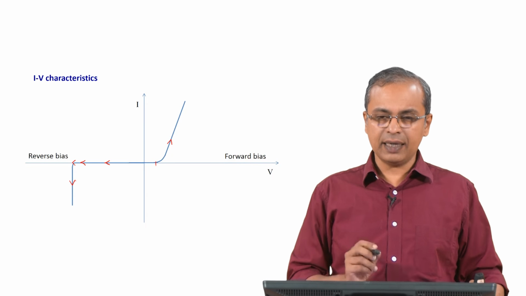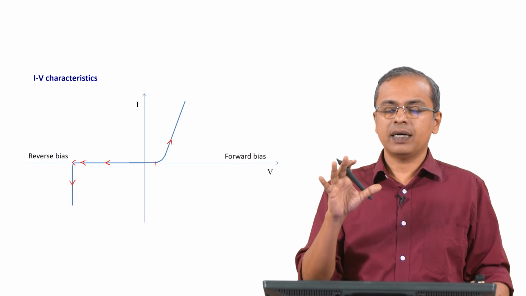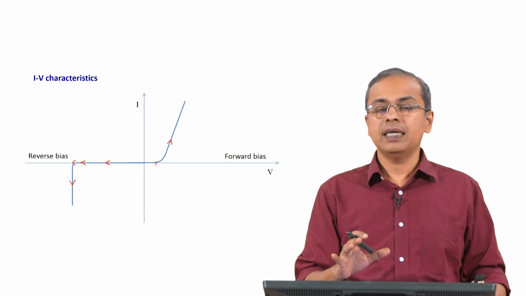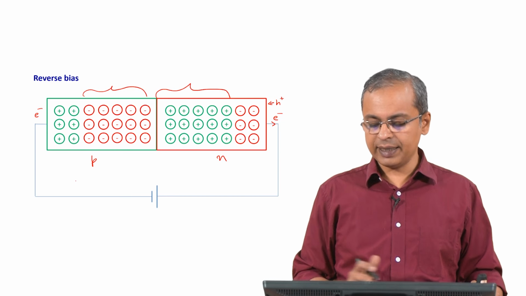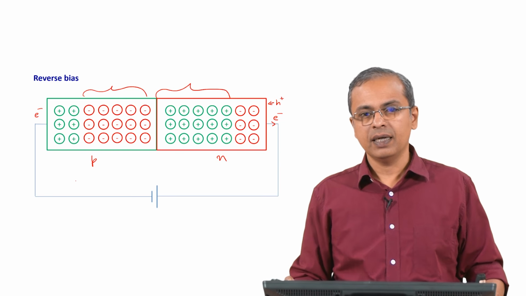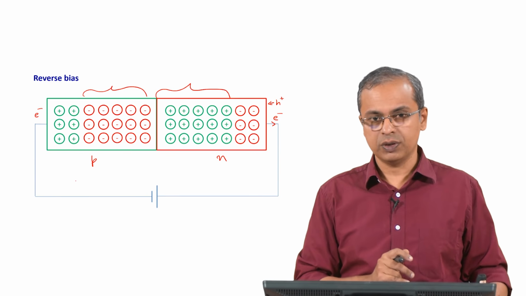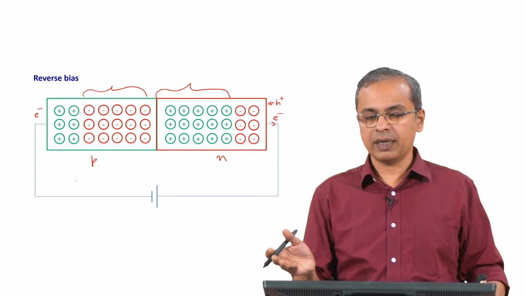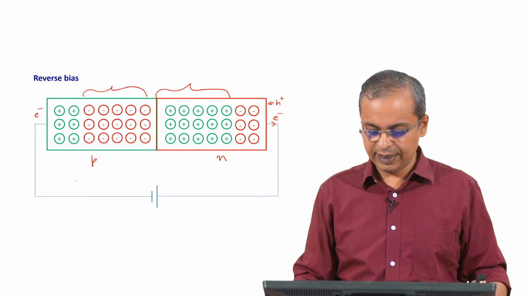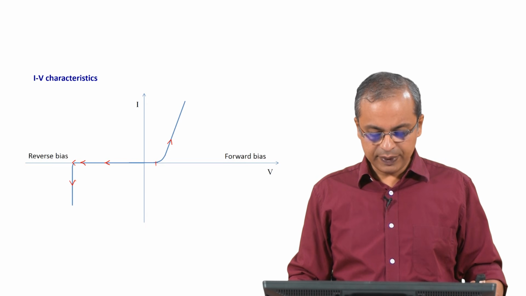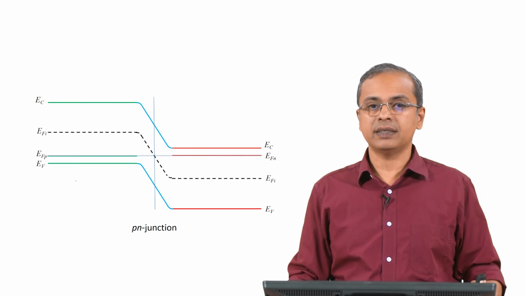The only thing I will again alert you to before we move forward is the fact that although in the description we gave we used an external battery to enable this, that is just for our understanding of the process. The key idea is, given that you have a p-n junction, where are you forcing in or creating more electrons, where are you creating more holes. So, depending on where you are creating more holes and more electrons, correspondingly you can think of the junction being forward biased or reverse biased. Okay. So, that is the idea that I would like you to keep in mind. Okay. So, with this in mind, we will now look at the characteristics associated with the energy band diagrams of